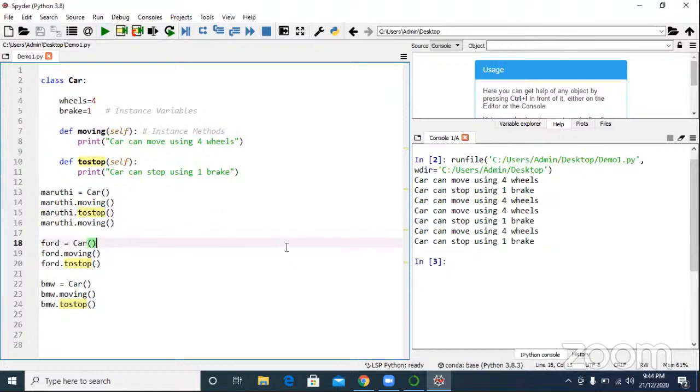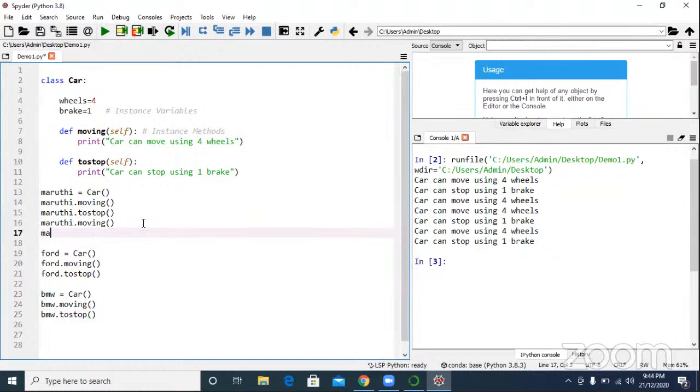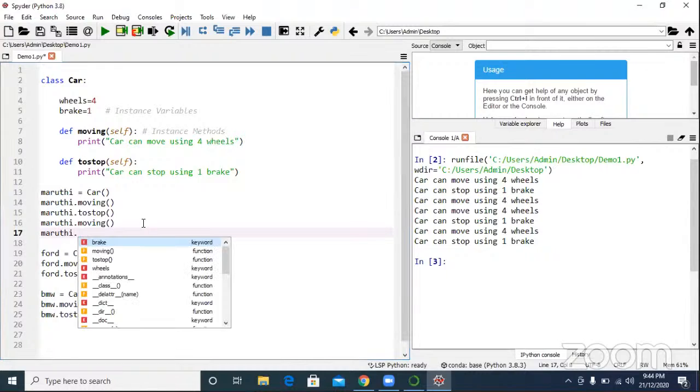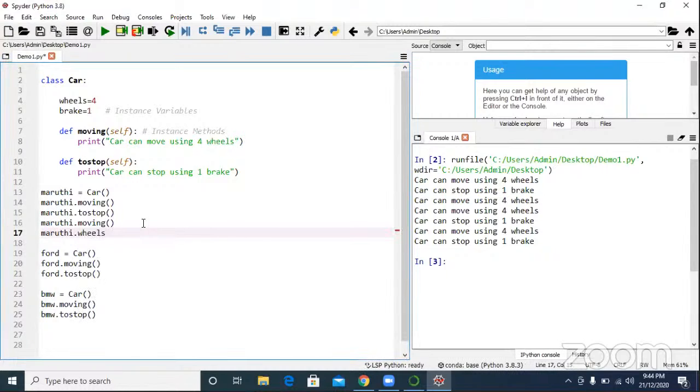So can we also pass values to that instance variables? Instance variables, sir. The methods, wheels equal to 4, which you have written. So can that be modified outside? I mean, for Maruti wheels, if I want to pass some other value. Yes, sir. You can Maruti dot. If you want, you can change it.